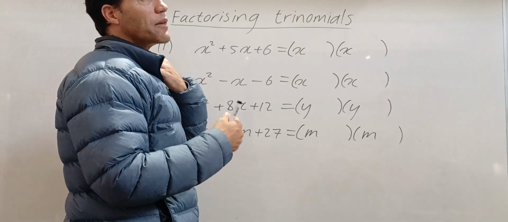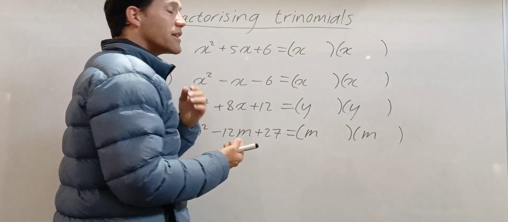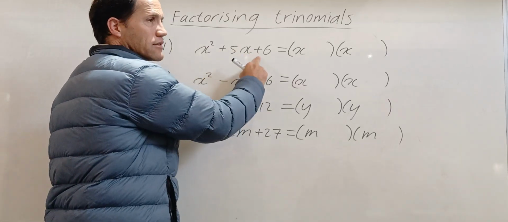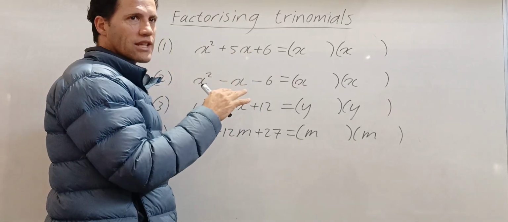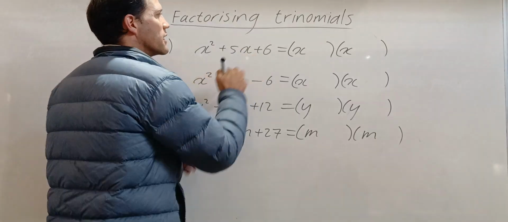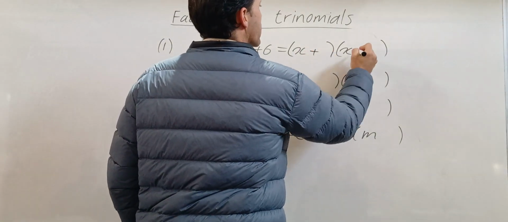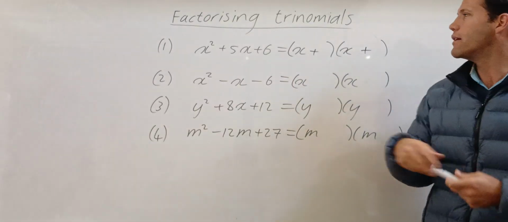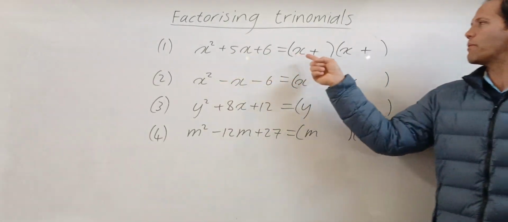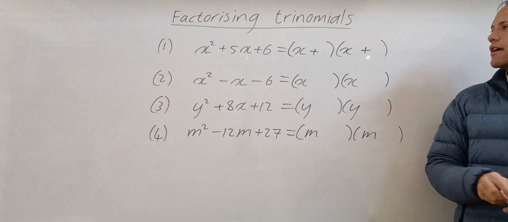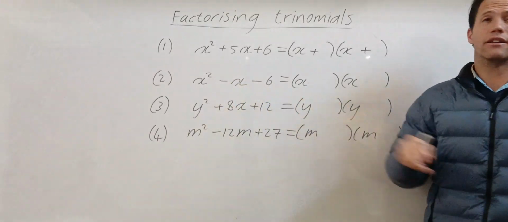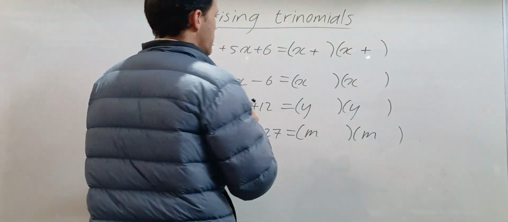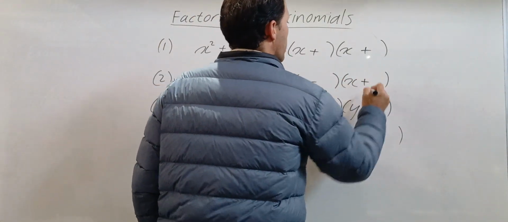But now let me just help you with the signs. Many times learners struggle with the signs. So if it's a plus and a plus, just remember the rule, because it helps a lot. If it's a plus and a plus, the brackets will be plus and plus, always. So it's something you must just remember. If it's a plus and a plus here, it will be plus and plus there. If it's a minus and a minus, it's going to be minus and plus.